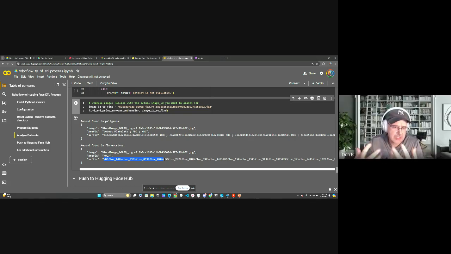Okay. So what we're focusing on in this workbook is just a simple ETL process from the RoboFlow data set. There are two data sets in this case, one for each model that we could choose to fine tune, and then we're loading it to Hugging Face. This is the sample data they've provided, and it's a typical split: train,